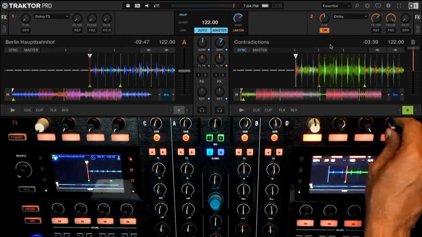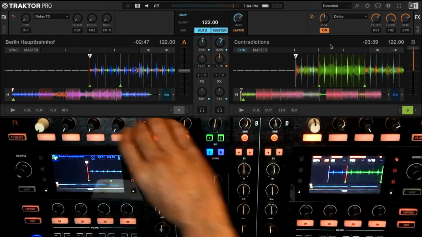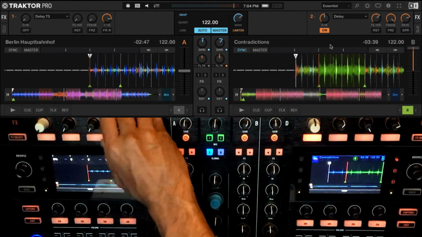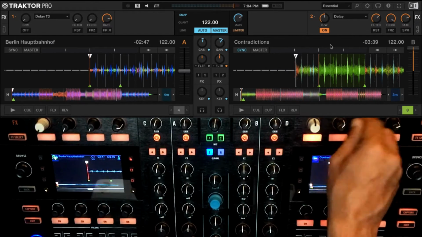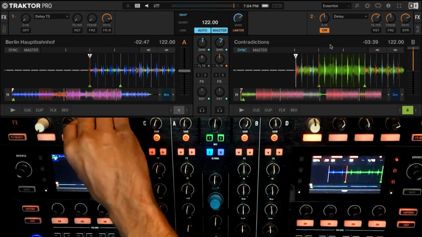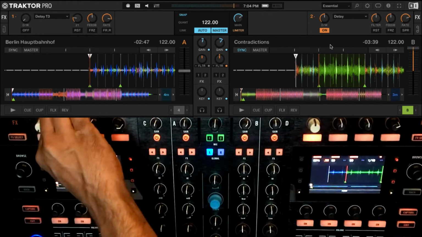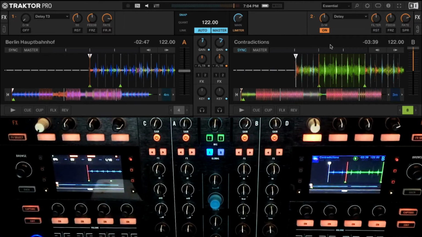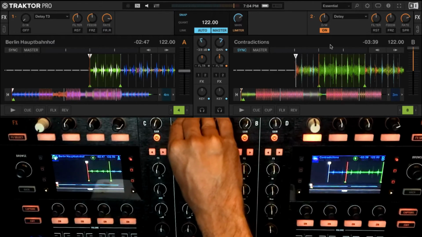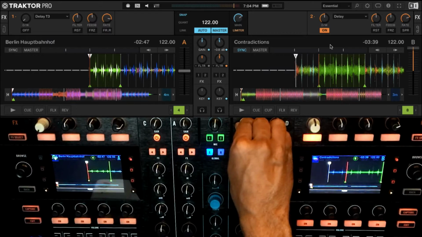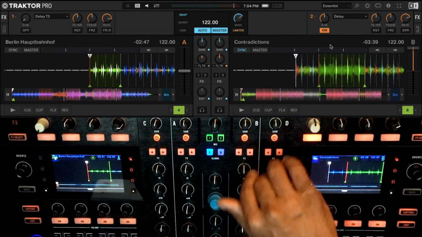Let's set them both to 116. Okay. I will set this also to 116. Let's set the feedback at about 50%, filter in the center. Okay. Let's use the same source. So I will also set up the gain of this channel correctly. So it's at 0. I don't want anything to be louder or softer. So let's have both of them at 0.